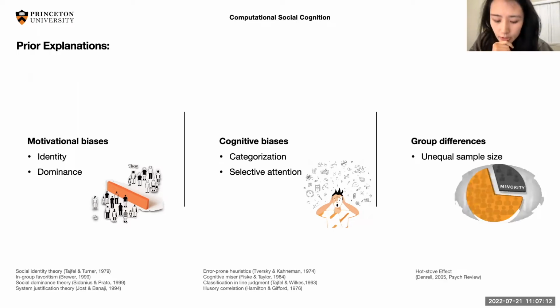And there's a third explanation. It's about representation. People tend to think that we have social groups, either bigger in size or smaller in size, majority group or minority group. It's a natural consequence of statistical learning. When we don't have a big enough sample size, we are going to make some inaccurate inferences based on small sample size. So people may say the reason we have inaccurate stereotypes is just because some groups are smaller in size. That is plausible.